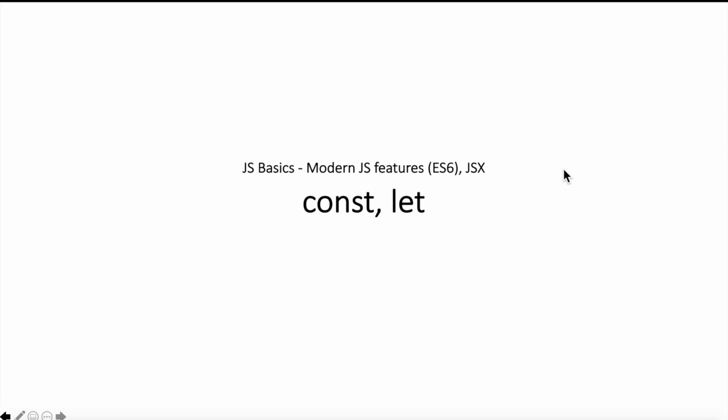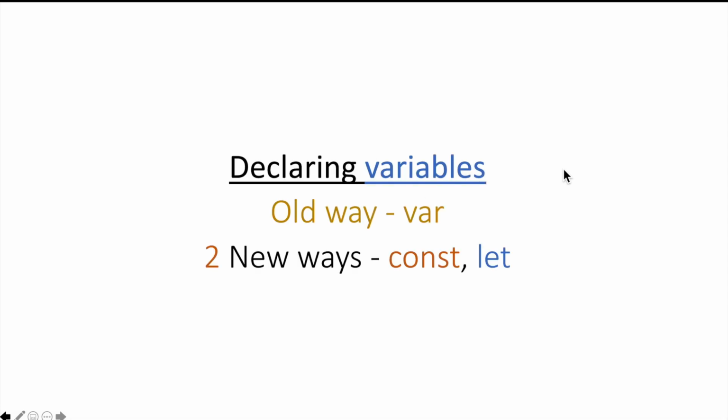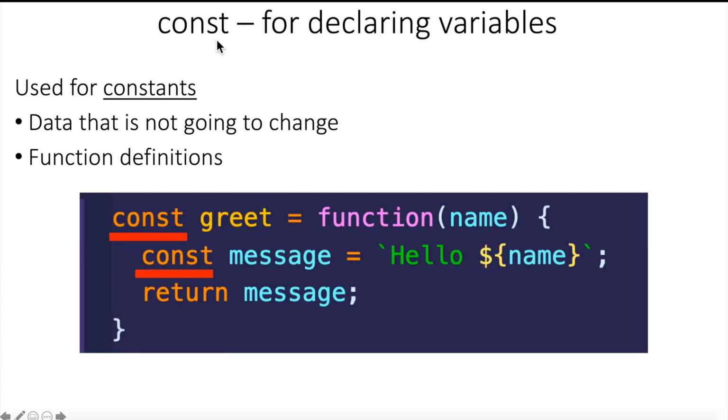Let us discuss the ES6 features const and let. In JavaScript, we used to declare variables using the var keyword. There are two new ways to declare variables now. We can use const and we can use let. We use const for constants, for data that is not going to change, and also we use it for function